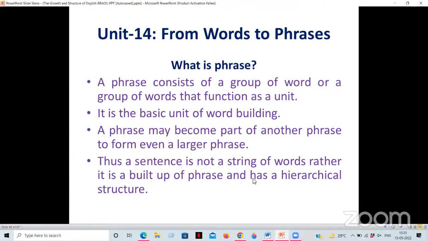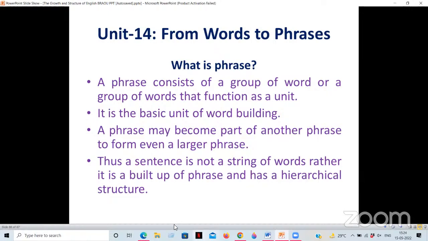Now here, when we talk about phrase, this is very important because you have to study verb phrase and noun phrase. These two phrases are very important because you have a subtopic in this chapter related to the tree diagram of a sentence: how to build a tree diagram, how to draw a tree diagram. So a phrase is nothing but a group of words that function as a grammatical unit, and when we put it into a complete form, that will become a sentence.